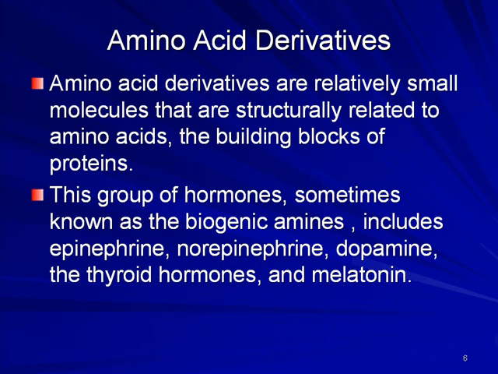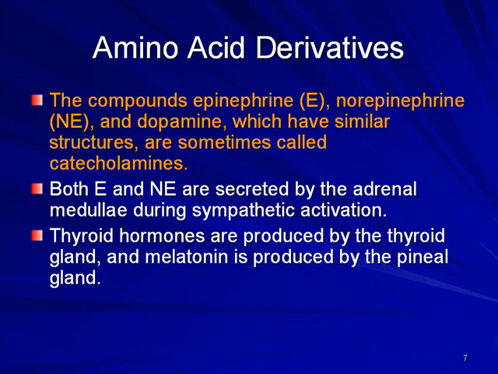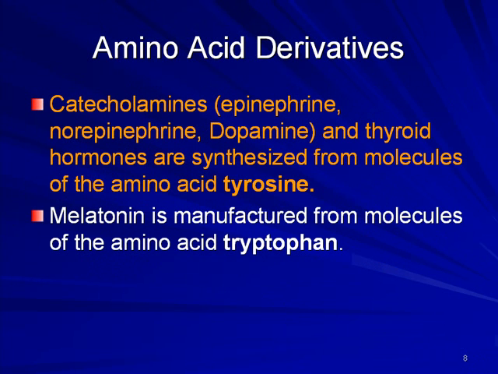Amino acid derivatives are relatively small molecules. They're structurally related to amino acids, and a lot of the hormones that we talk about are derived from them and sometimes are referred to as biogenic amines, especially the catecholamines. Compounds such as epinephrine, norepinephrine, and dopamine, which are similar in structure, are sometimes called the catecholamines. These are important. These are produced in the adrenal glands, and we'll talk about those a little bit more